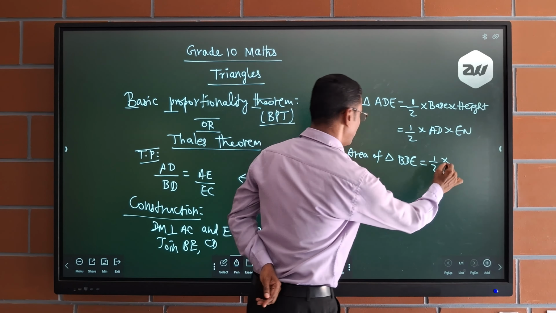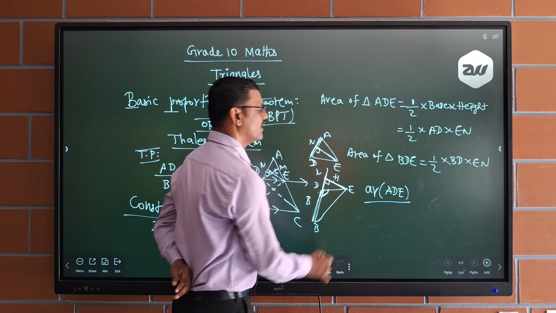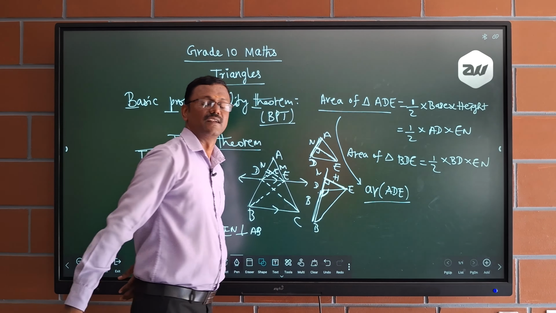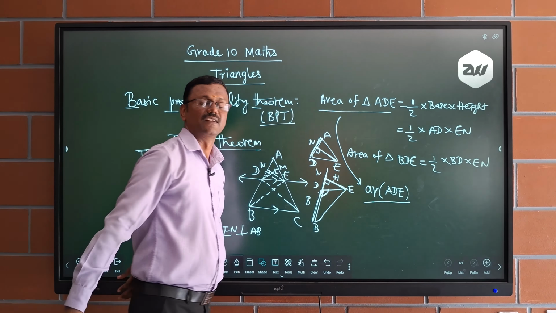Now I am going to divide both the areas. In 9th we have seen, area of ADE, shortly how can we write? Area of ADE, shortly I write like this, AR bracket ADE. That means area of ADE only I wrote it shortly. Similarly I find area of BDE. I shortly write area of BDE like this. Now I divide both